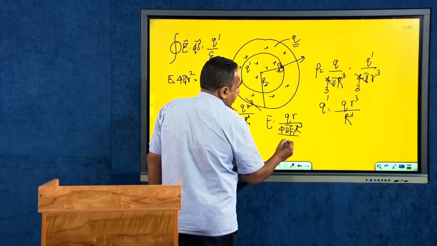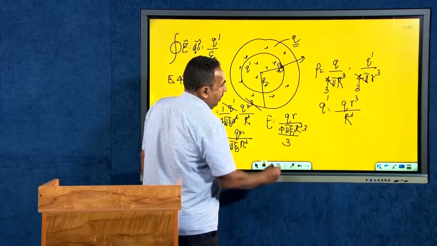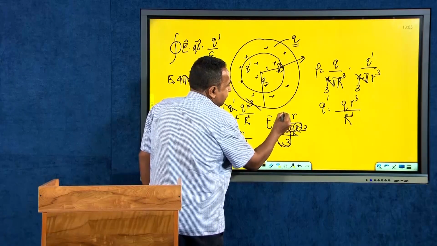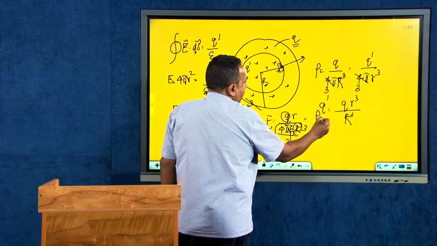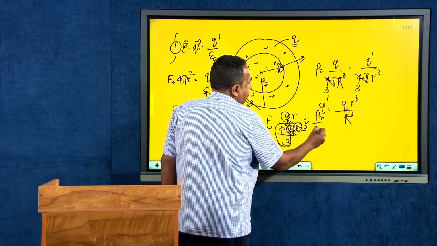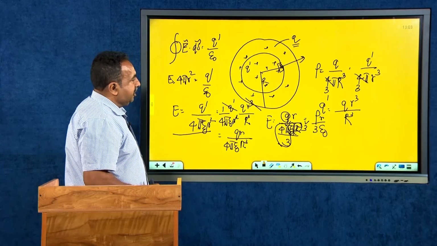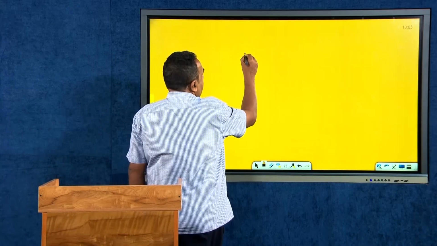I will multiply by 3 and divide by 3. Therefore, this is 4 by 3 pi into r cube, and this is q, which is nothing but the charge density. Therefore, this is rho r, remaining things are 3 epsilon 0. Therefore, the electric field due to a uniformly charged sphere, you will be able to get that